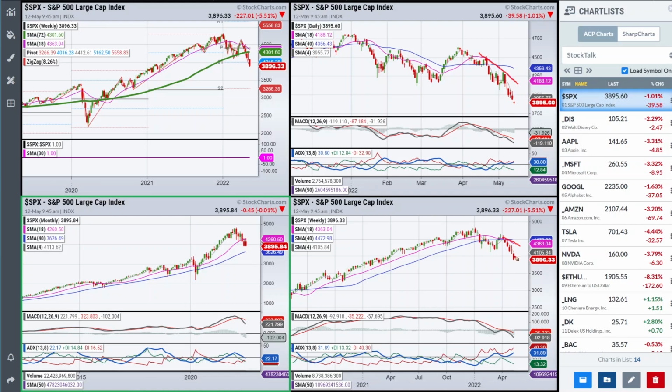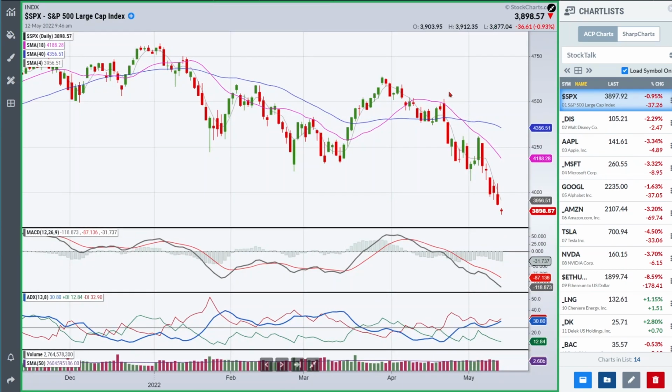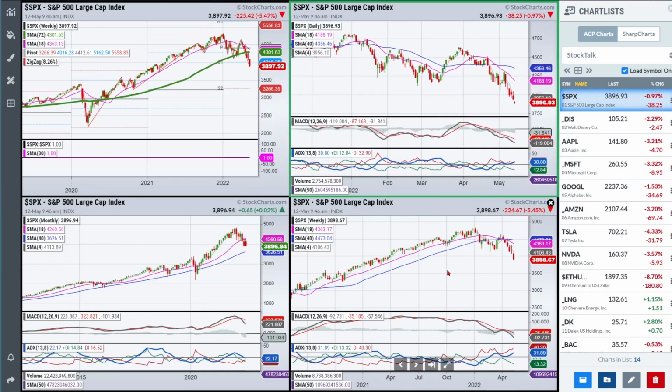But what I'd be looking for now that this is getting stretched away from the weekly line especially is some form of a climax. Maybe we're going to come down to this bigger support area, 3,600, 30, somewhere in that region, and get some form of volume explosion, because we really don't have that yet in terms of the way this is developed. We're not getting the type of volume action that would suggest that people are really giving up on it. So we're looking for that kind of a climax pattern.